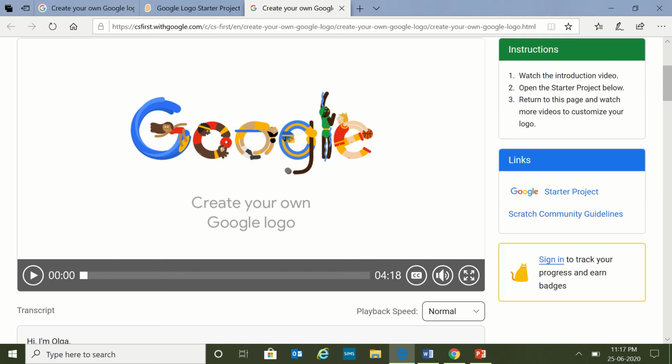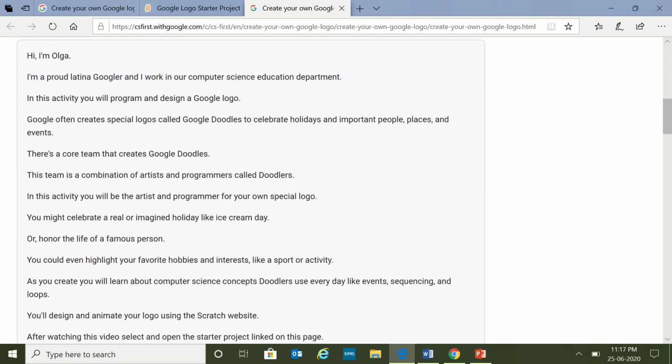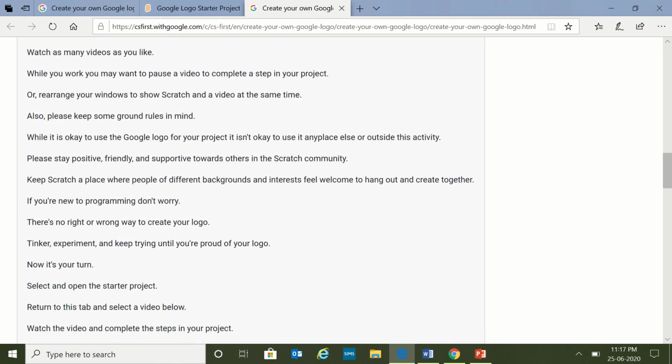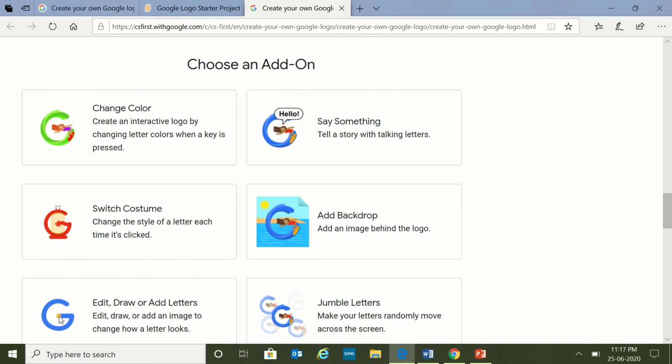After watching this video, you will click on Start Project. As you scroll down, there are small videos which will help you to do the changes for any of the alphabets.